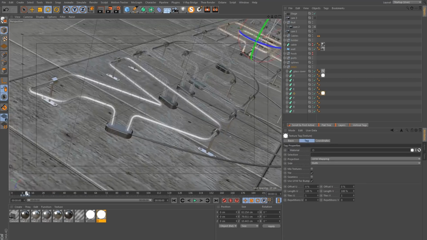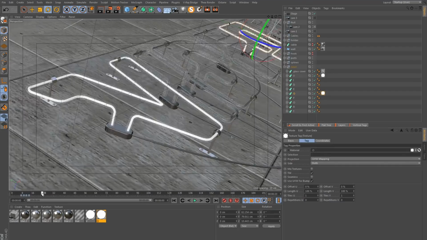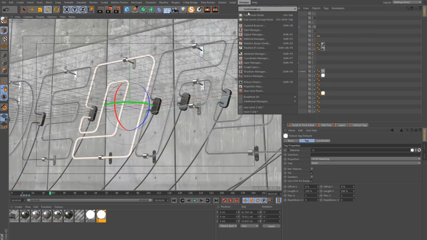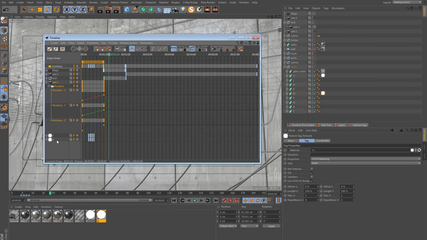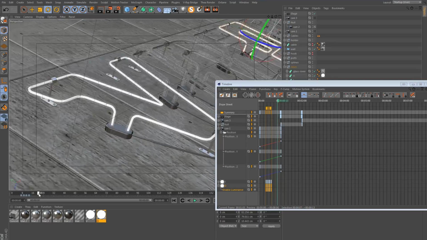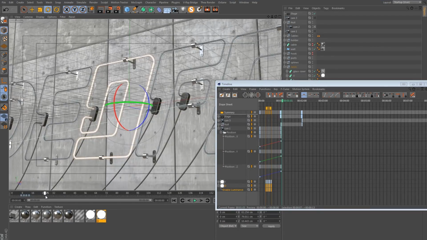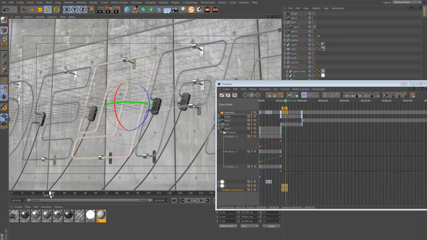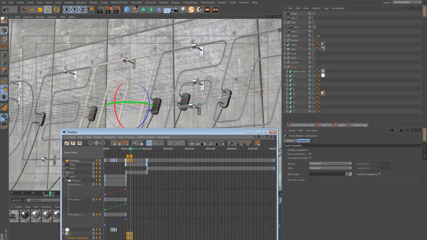Now you see it turns on at the same time as the V, so we need to offset the keyframes to that point. So if I go to the timeline, let's find O, and I want this to start as soon as we switch the camera. So let's say at about frame 26, we can move that to there. So when the camera switches, this letter will now appear, and we just need to do this for the other 3 letters.